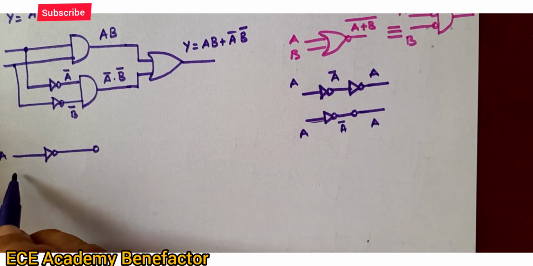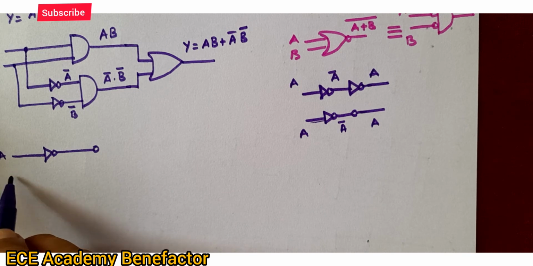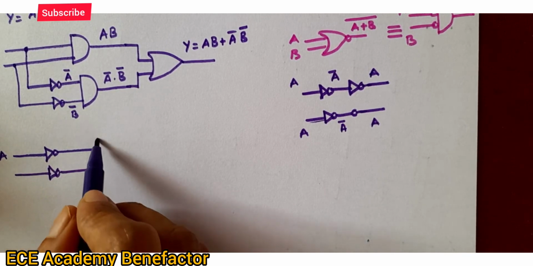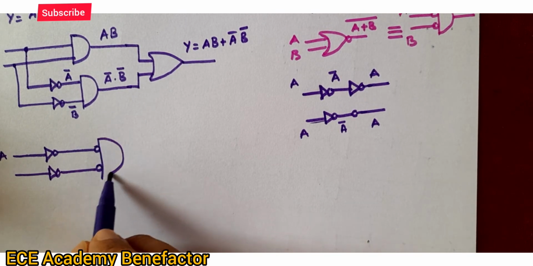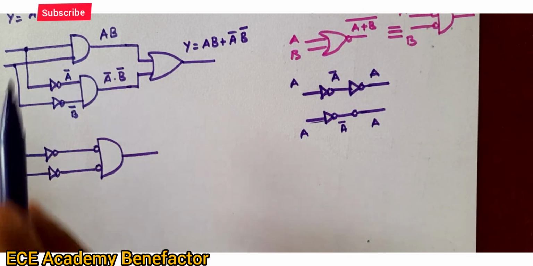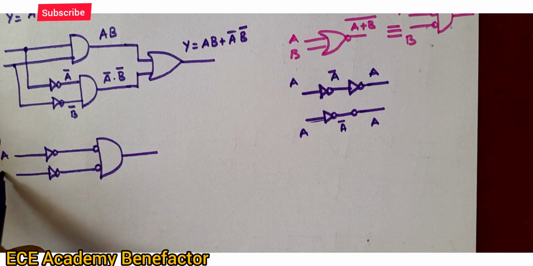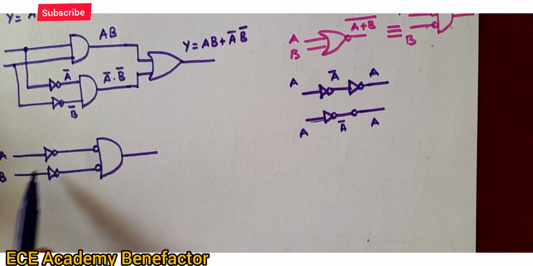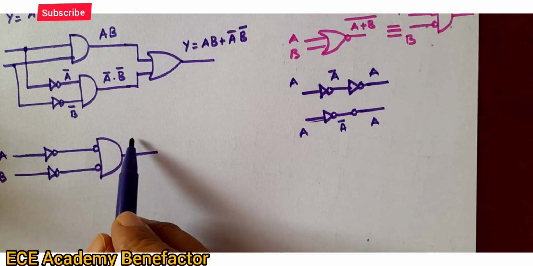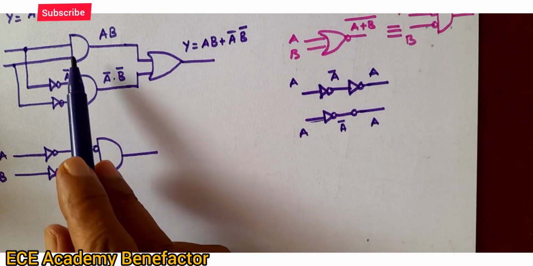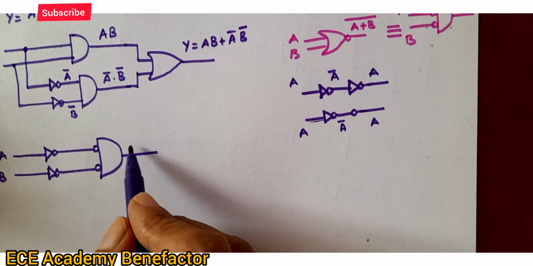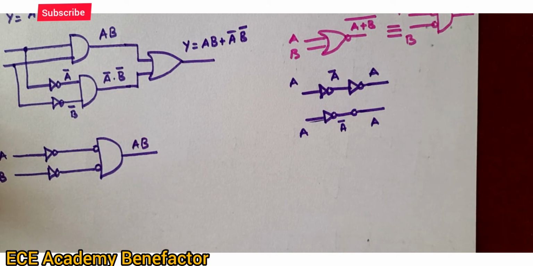Okay. So for B, put a NOT gate and a bubble, give it to the first AND gate. So what am I going to get here? These two are going to get nullified. So here you will get A, here you will get B. Why are we doing all this? To change this AND gate to bubbled AND gate. So here we will get A, B.